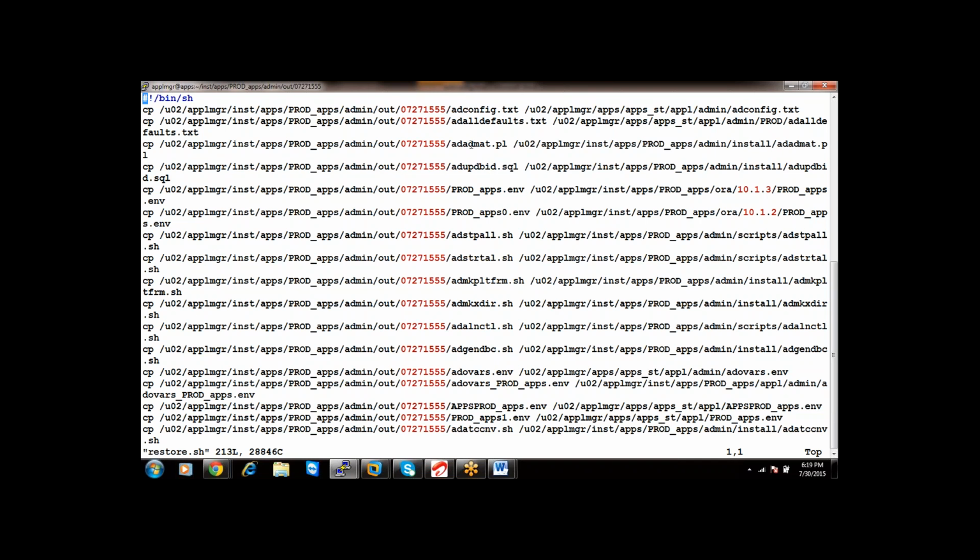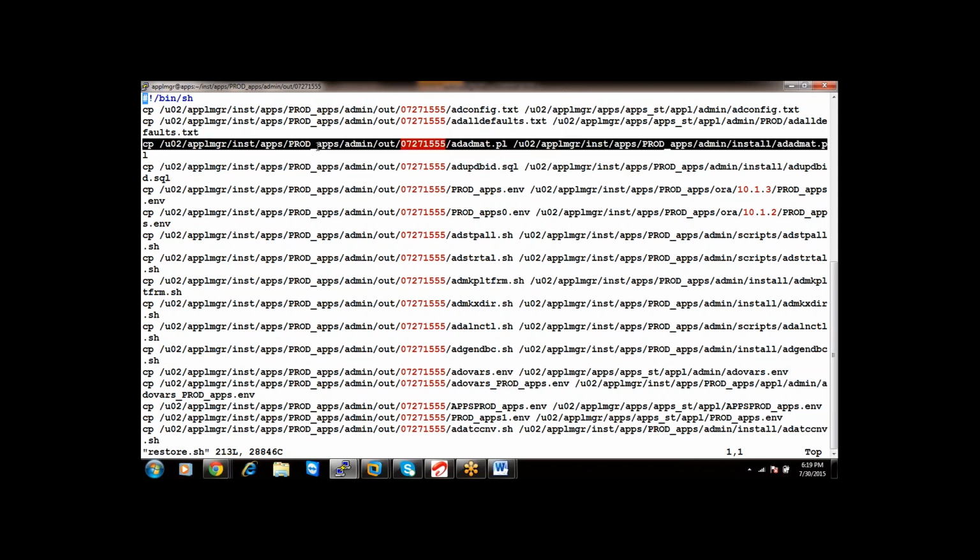When you execute this script restore.sh, it copies the backup file to the original file. Under the same directory it will take a backup and keep all the files which it is going to modify. So when you run the restore.sh script, backup files will be restored to the original place.